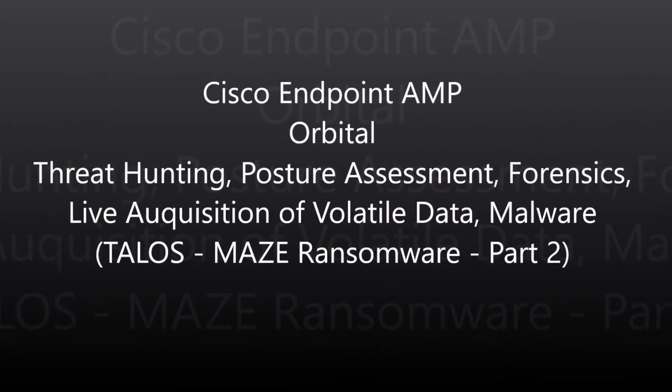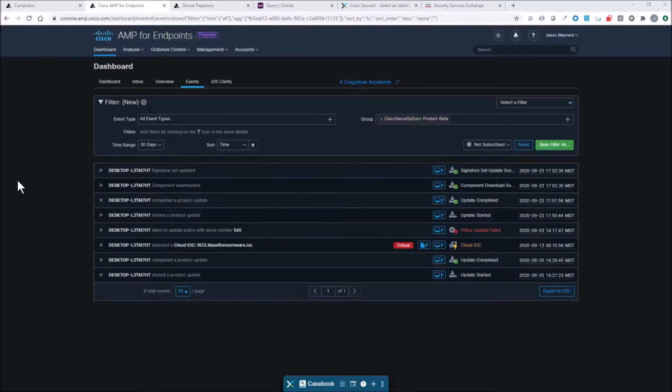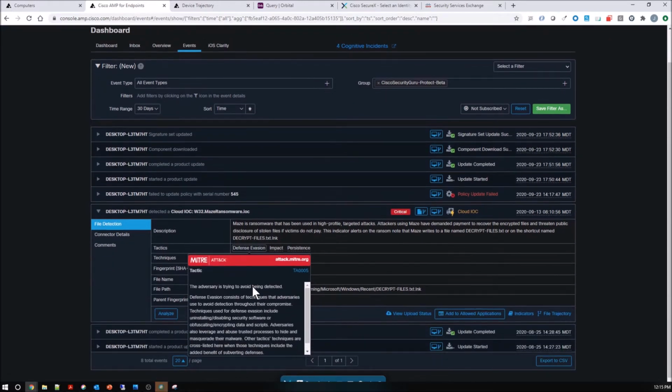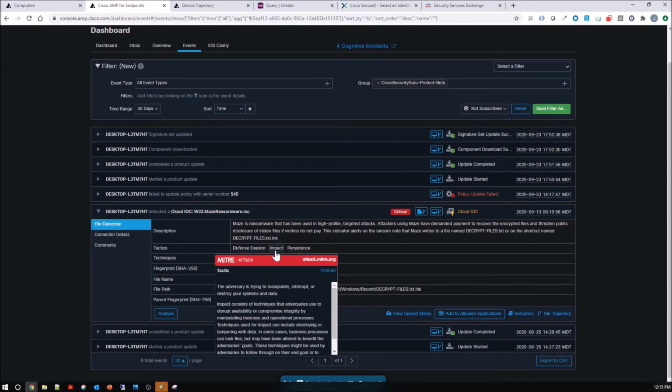Okay, in a previous video, we talked about Orbital and how we can scan an endpoint to find residual from Maze ransomware. And we were looking for this thing called decrypt-files.txt. Well, when I created that, what I wanted to do is come back and loop back to AMP for endpoints, because when I created that to show Orbital being able to detect it, obviously I created or triggered a